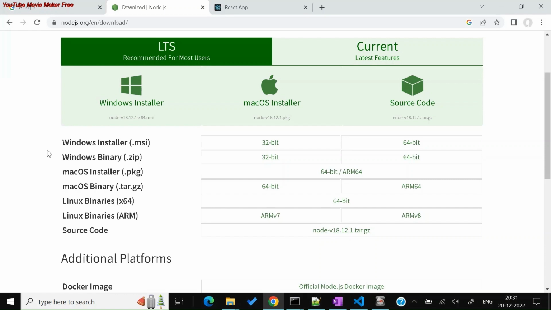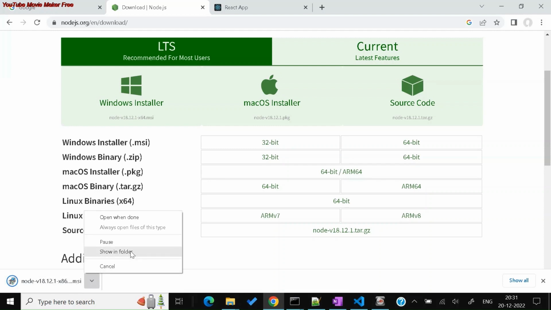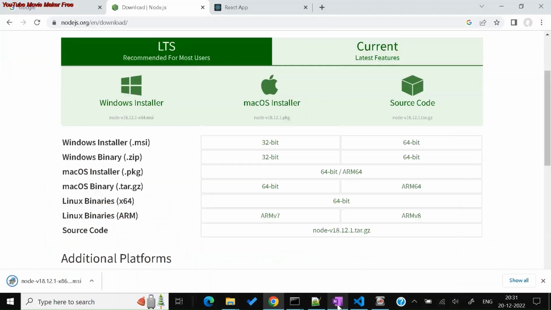When you choose 32-bit, it directly downloads the file. Once the file is downloaded, you just need to go and double click it, and it will open up to install. It's just simple installation steps, the same as any Windows installer or any software you install. You go ahead, click next, and keep everything default. Once the whole setup is completed,